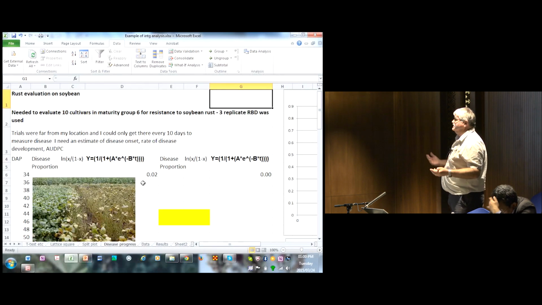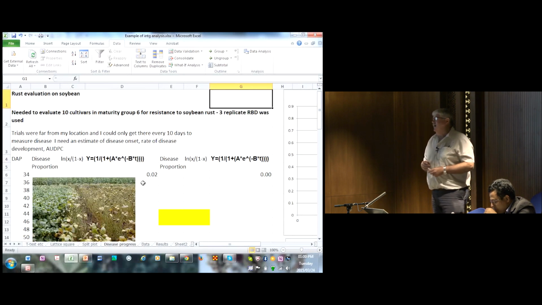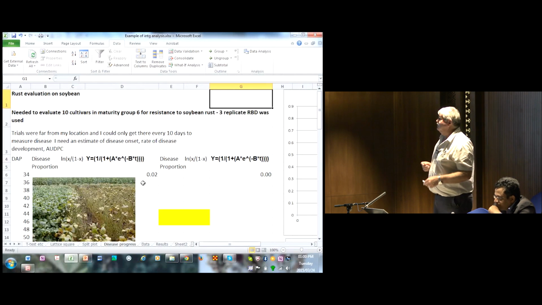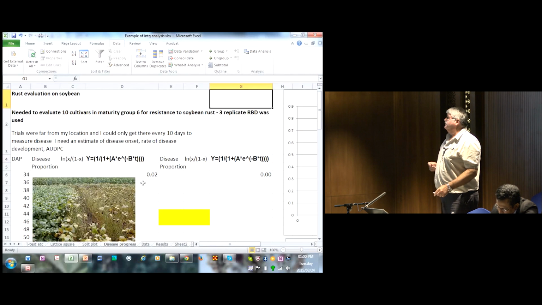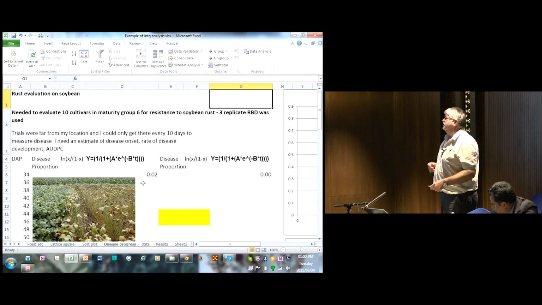So I planted my 10 cultivars in a randomized block design with 3 replicates and got the trial going. The problem is that the trial was far away from my location, and I could only get there every 10 days. And I needed to measure disease onset, or get an estimate of disease onset, and I needed to get an idea of the rate of disease development, and